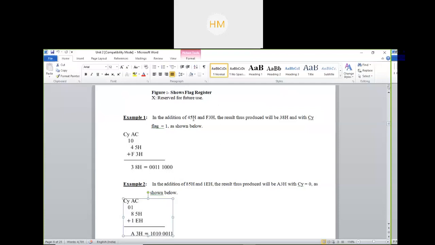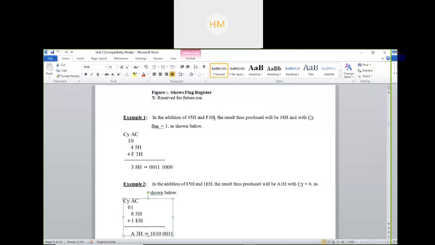So here I am adding 45 hexadecimal, not the normal binary number. I will convert each number into a hexadecimal number. Hexadecimal numbers start from 0 to F. We all know after 9, we name it as A, B, C, D, E and F. So here we are considering hexadecimal numbers, not decimal numbers.